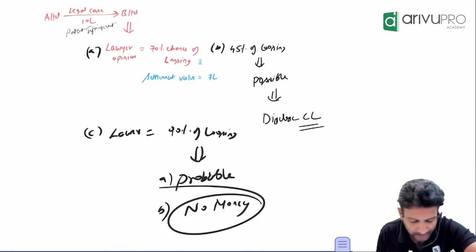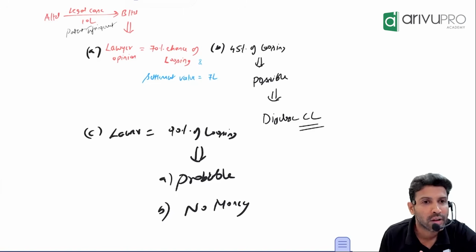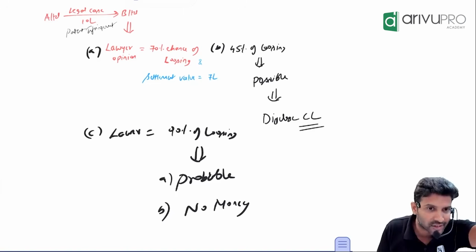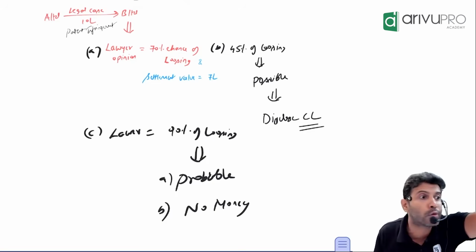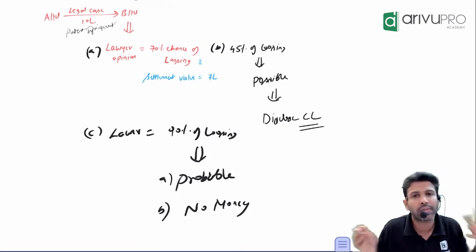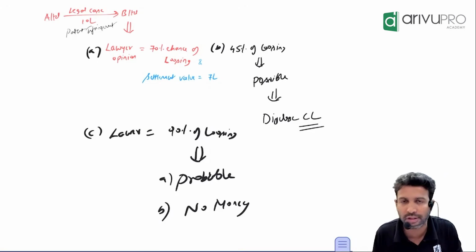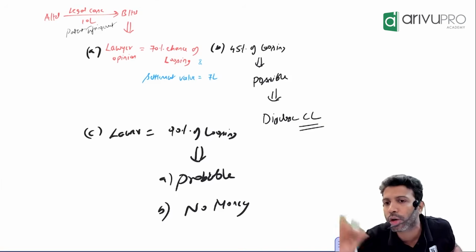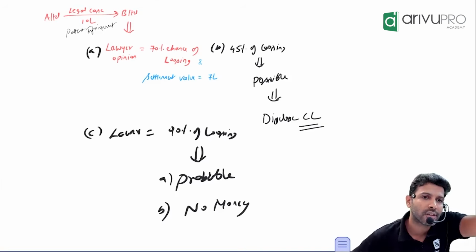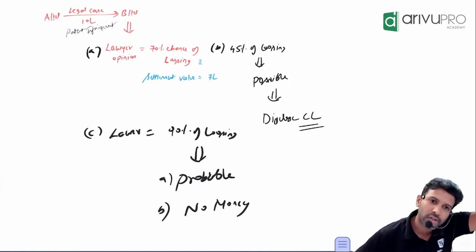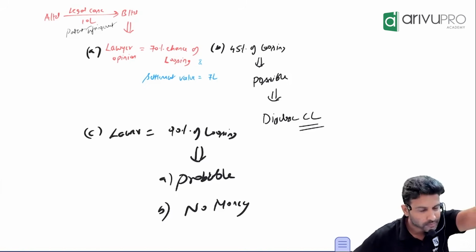That means what is it? Money is going out or no? Money is not going out. We are losing the case, and it is also probable. But is money going out or is there no outflow of economic resources? If there is no outflow of economic resources, does it make sense to recognize provision or no provision? No provision. In that case, you will disclose it as contingent. Understood? This is one. Another one.